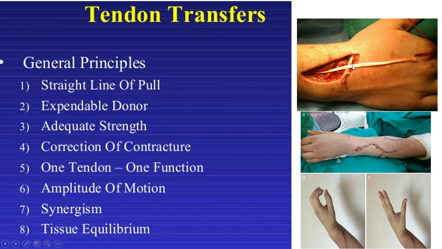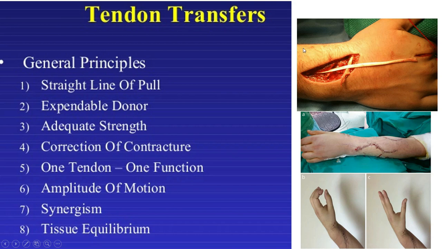Then amplitude of motion means there is a special type of vector that is acting on this tendon transfer during this suture, that will bind an adequate tension, otherwise the amplitude of this tension will be diminished. Now synergism means same group of muscle or tendon must be transferred. Last but not the least, the equilibrium, balance. Suppose you are taking graft from the flexor aspect. Now if we are taking a maximum graft from flexor aspect, then there must be some replacement over there.